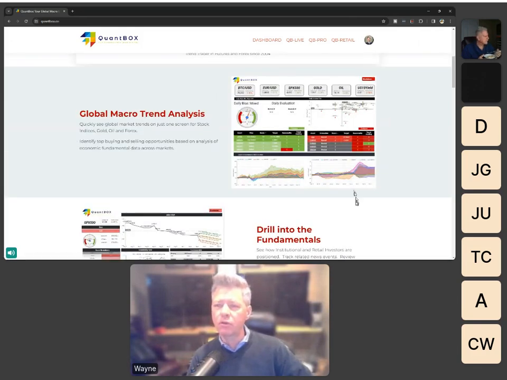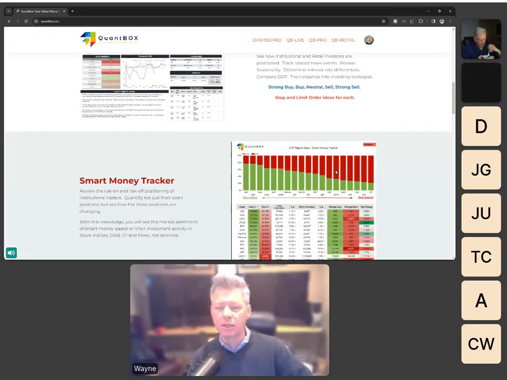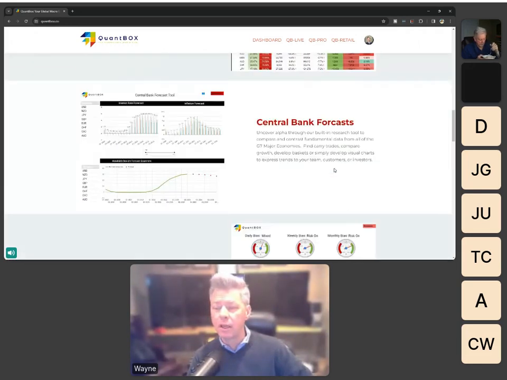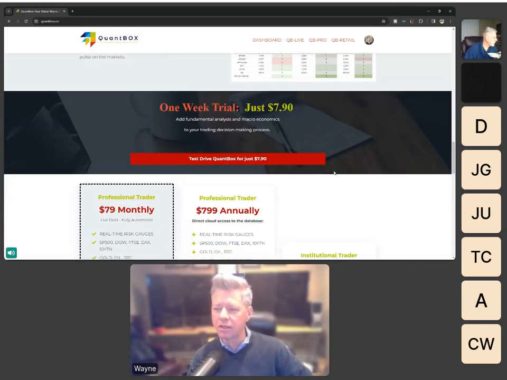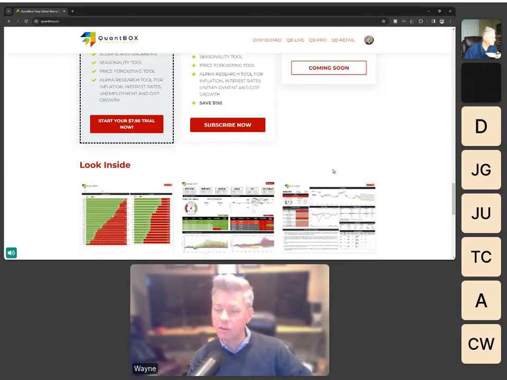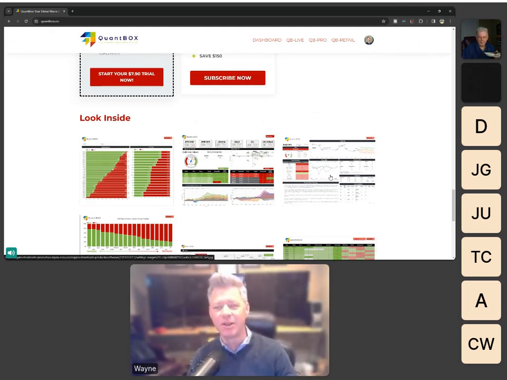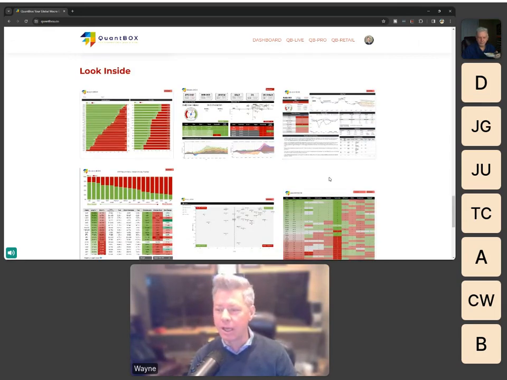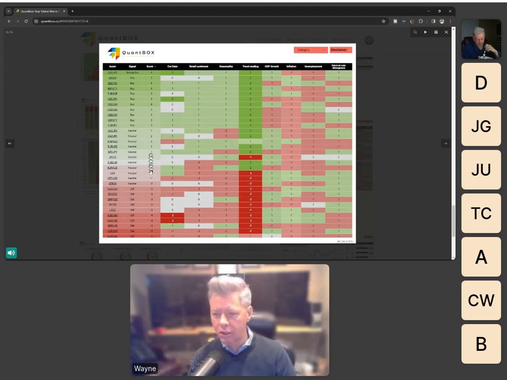What we want to do with QuantBox is look at the long-term fundamentals, but also look at short-term, real-time market sentiment, and then be able to align them. One of the things that we want to do is uncover the underlying intrinsic trend. Obviously, if you're able to do that, you're able to let your winners run. Kind of hard to let your winners run if there's no trend to carry it, right? So right now we've been shooting at rabbits.